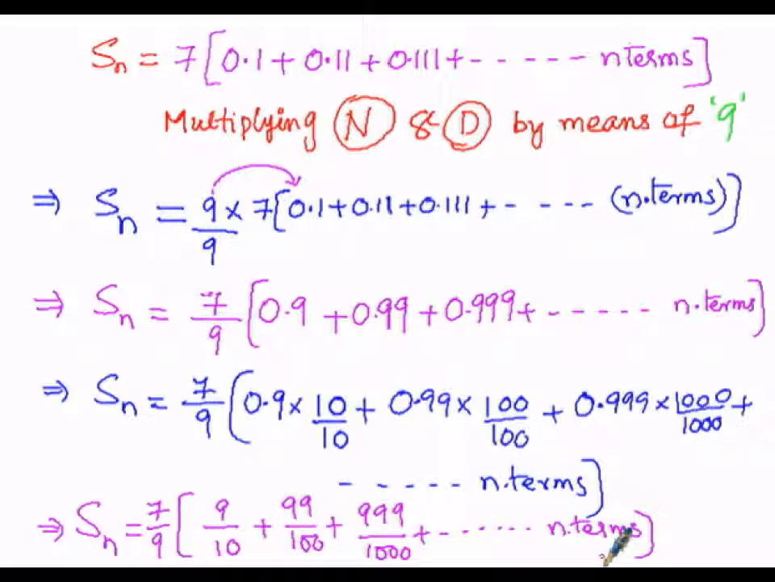Now here the denominator is 10 but the numerator is 9, which is 1 less than this 10, so we can write 9 as 10 minus 1. Similarly, for 100 the numerator is 99, which is 1 less than 100, so we can write 99 as 100 minus 1. Similarly, 1000 in the denominator, numerator is 999, which is 1 less than 1000, so this 999 can be expressed as 1000 minus 1. So here the next logical step will be,